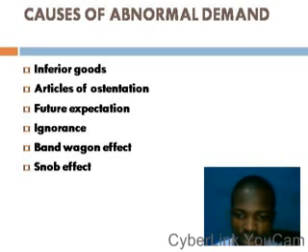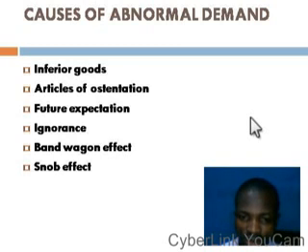They are goods whose demand rises as the income of consumers falls. So that is that. You can ask for examples of such inferior goods, like garri. I'm talking of goods of low quality. Let me give you an example. We have a consumer who has been receiving a very low level of income. The level of income is so small that he could only make do with food such as garri